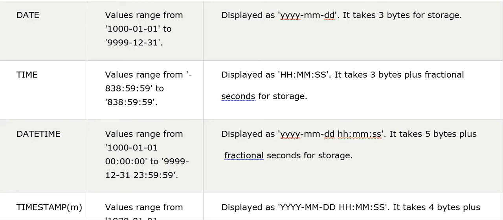It displays as year, month, and day, then hours, minutes, and seconds. It takes 5 bytes plus fractional seconds for storage. So if you want to store both date and time in one single data value, you can use DATETIME.